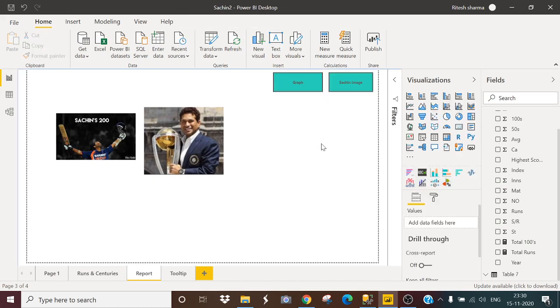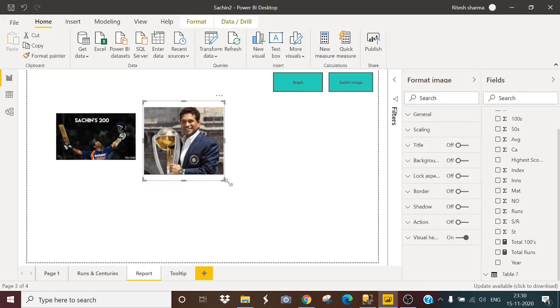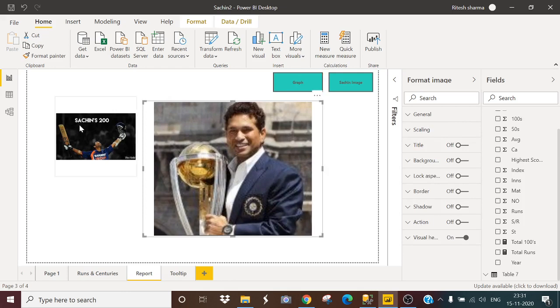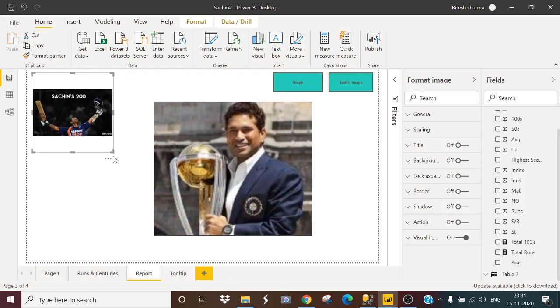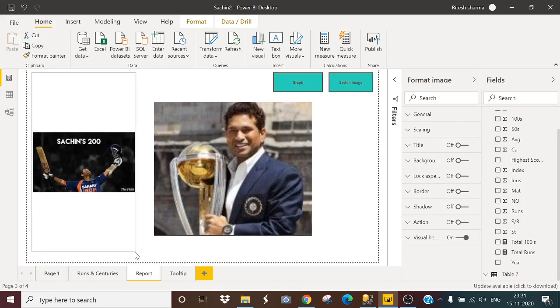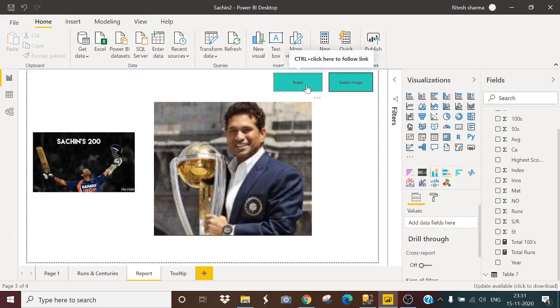Now I think it has been prepared. I will just make the size long. Now if I click on the graph, let's see what will happen.